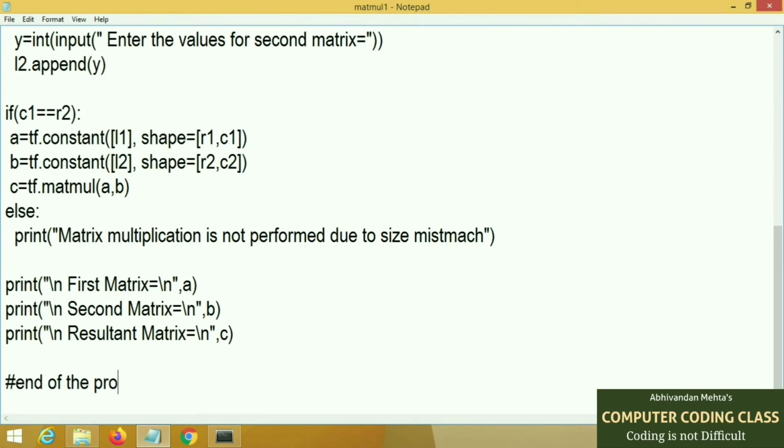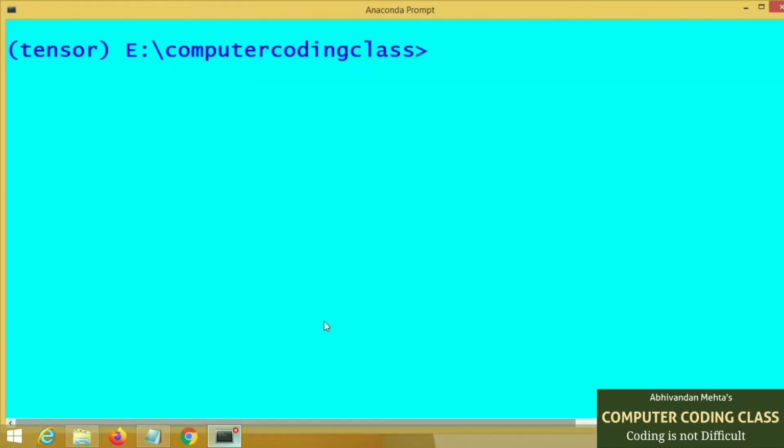This is the end of the program. Now we will run this program.